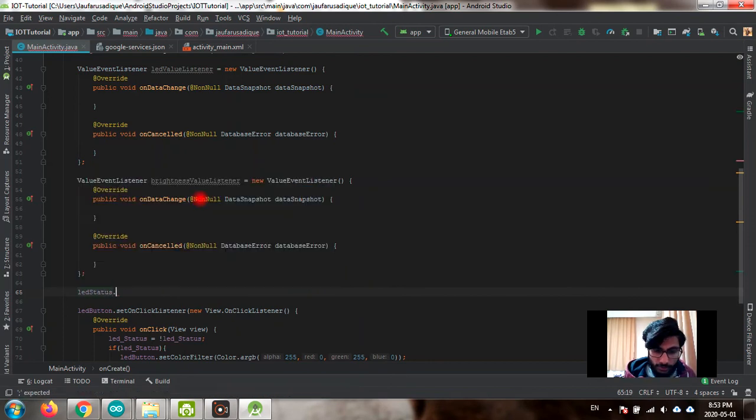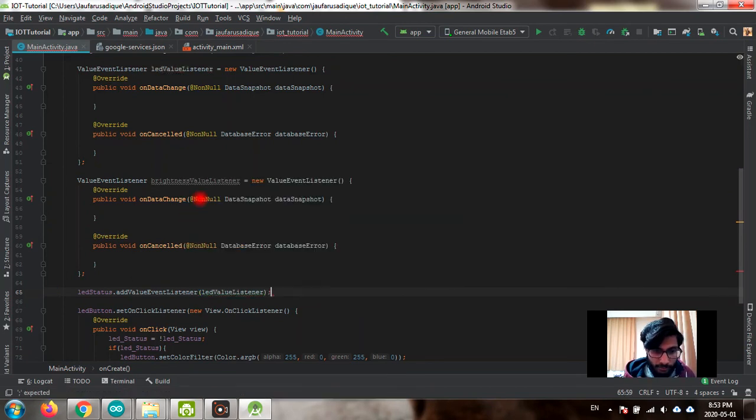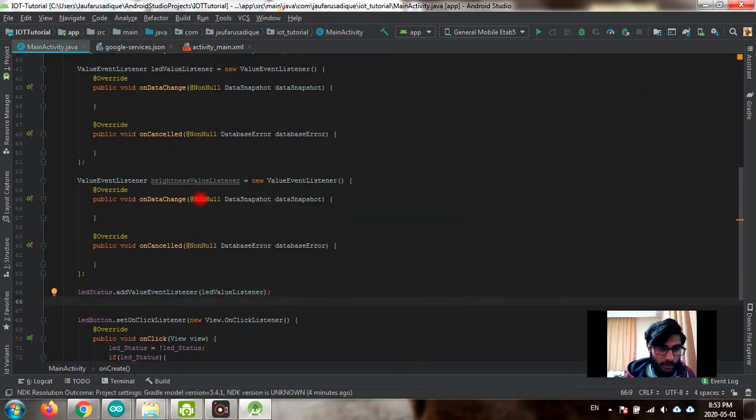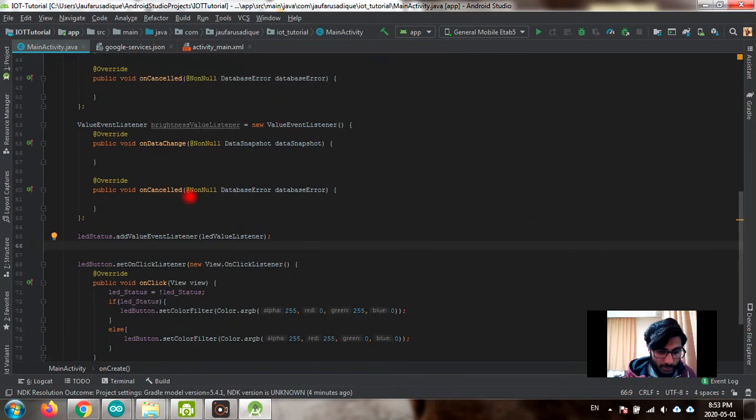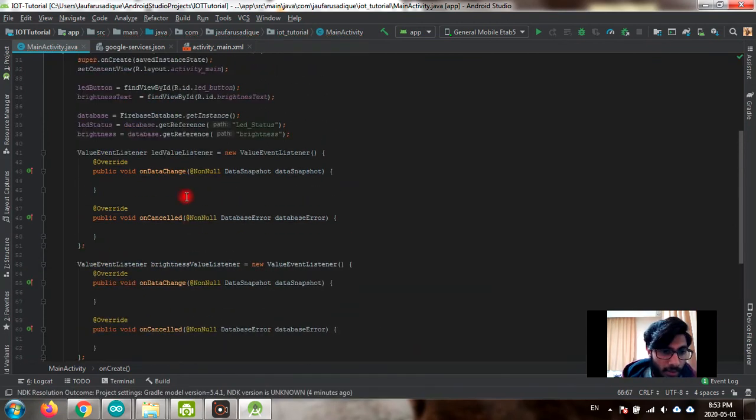LED status dot add value event listener, LED value listener, and brightness dot add value event listener, brightness value listener. Okay, and now what we have to do here is